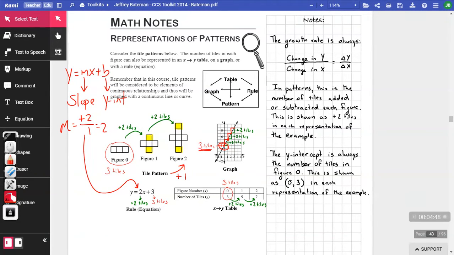In other words, 3 tiles. And that's why 3 is the constant in my equation. Again, those two pieces come from my tile pattern. They come from my graph. And now let's see them in my table. So my table down below here,